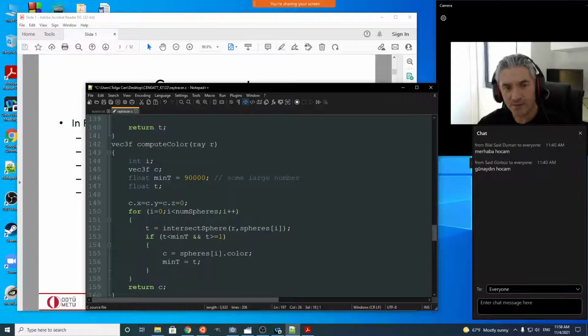It's like this. For a ray, you need to traverse your entire scene, going through all the spheres. This R is my ray, the input to this function. You intersect your ray with each sphere one by one. You get the intersection point of your ray with the sphere, you get this T. If T is less than the current minimum T that we have,